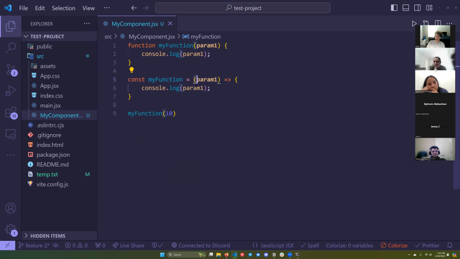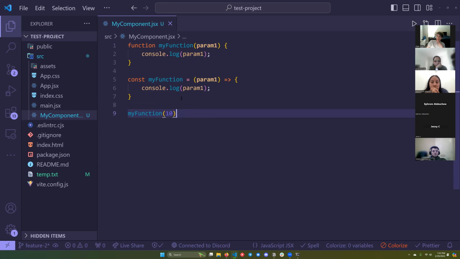The reason why arrow functions exist, like this isn't really any shorter than just using the function keyword. In fact, it honestly is even longer, probably. It's more keystrokes just because it extends further in the line. So you might be asking, well, why on earth would I want to do this then? And the answer is that